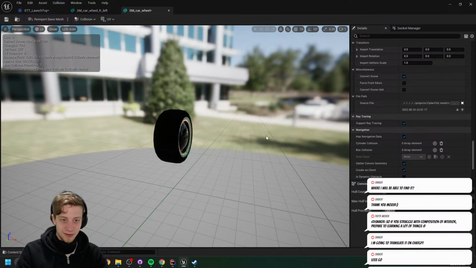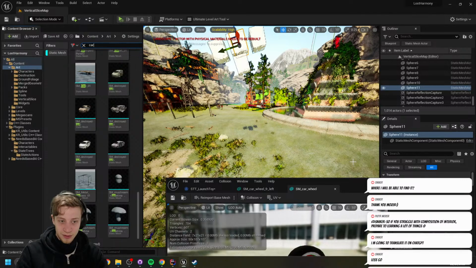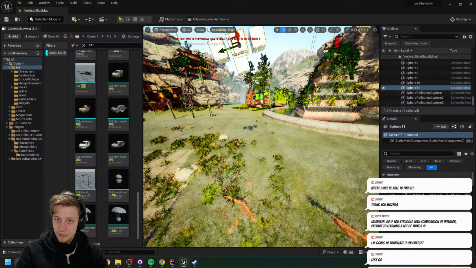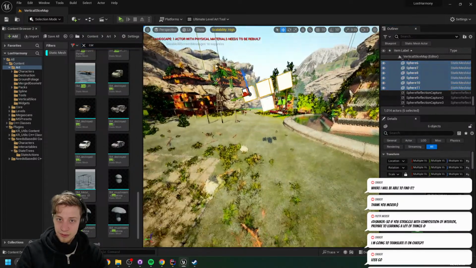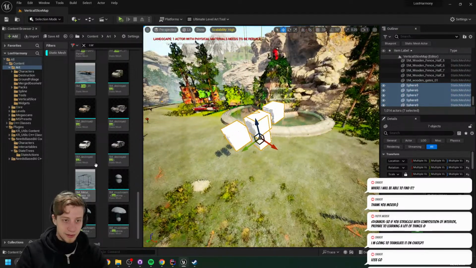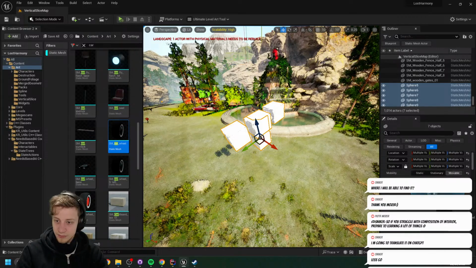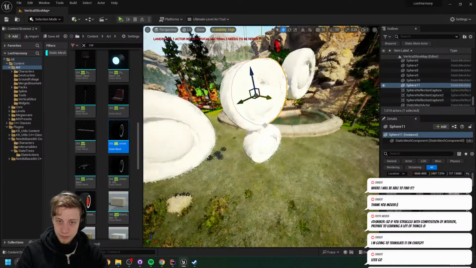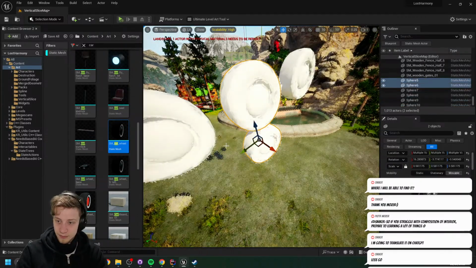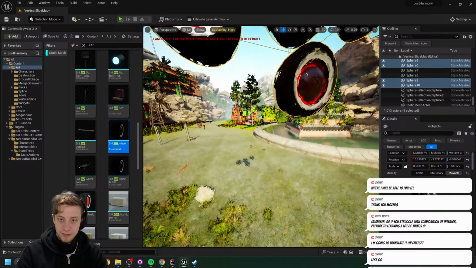Autoconvex it. There we go. Should be good enough. Ah, there's one inside it. Okay, very cool.